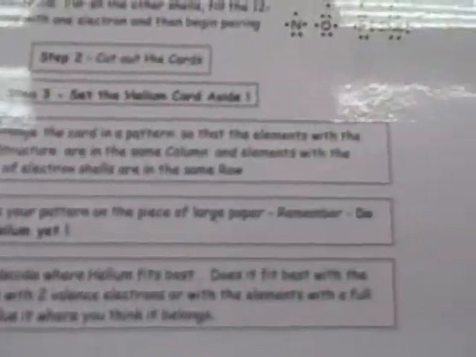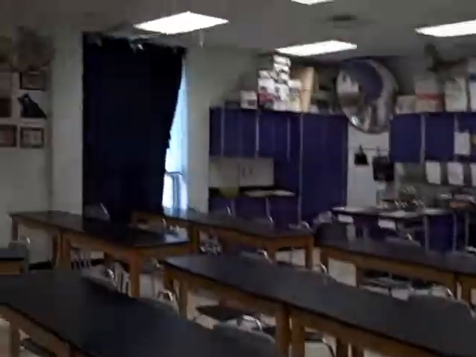Then all you do is step 5, glue your pattern on a piece of large paper. So you'll go to the back there and you'll get yourself a piece of large paper, thin white paper. Okay. And then you'll start arranging your cards on that to get them in some sort of orderly sequence. And you try to get them so that you see a regular repeating pattern that's periodic, and don't include helium